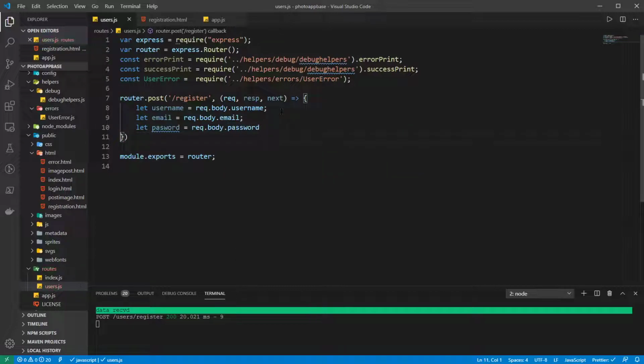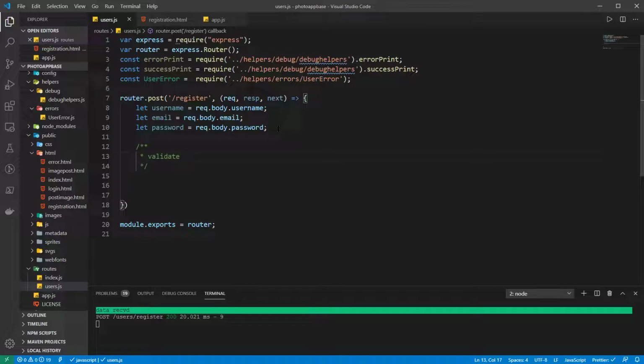request.body.password. Okay. Now you guys are required to encrypt passwords, but don't worry about it right now. I will show you how to encrypt passwords in a few videos later. So once you grab all these values, I'm not going to do this process. You guys can do this on your own, but you should validate the information that you got. For instance, we should